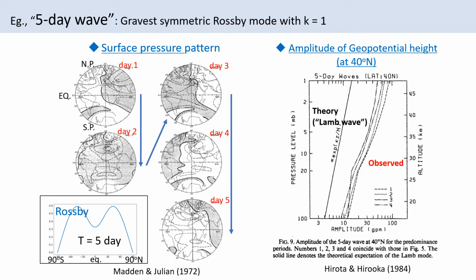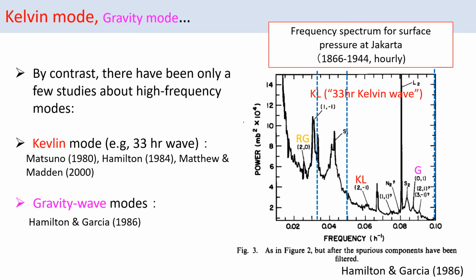And a later study using the satellite datasets actually showed that the vertical structure is quite close to the so-called Lamb wave. So now this is recognized as a manifestation of a normal mode Rossby wave. By contrast, there have been only a few studies about high-frequency modes, except for a couple of Kelvin modes,